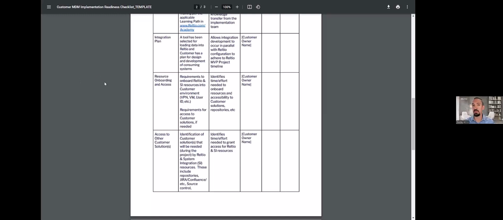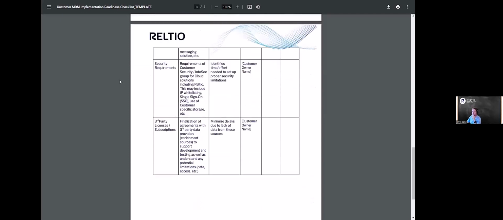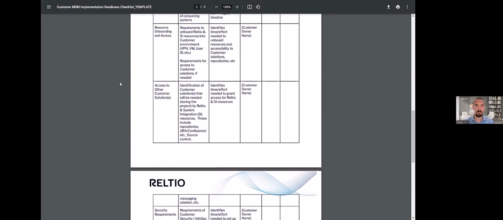Let me do this, Chris. Okay, go ahead. I think the rest of this checklist will be relatively self-explanatory and common sense as you progress through the items and read the details. Let me hit the roles and responsibilities, and then we'll do questions the rest of the way. Does that sound good? Perfect. Excellent.